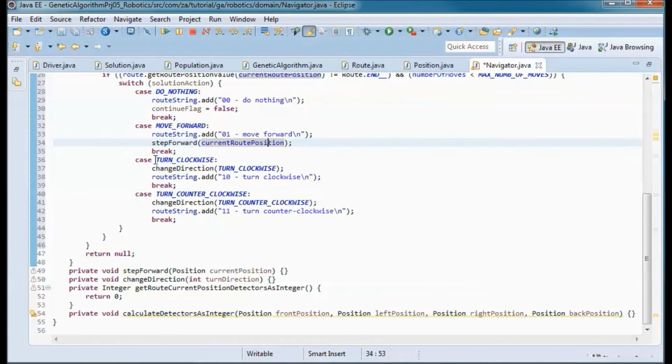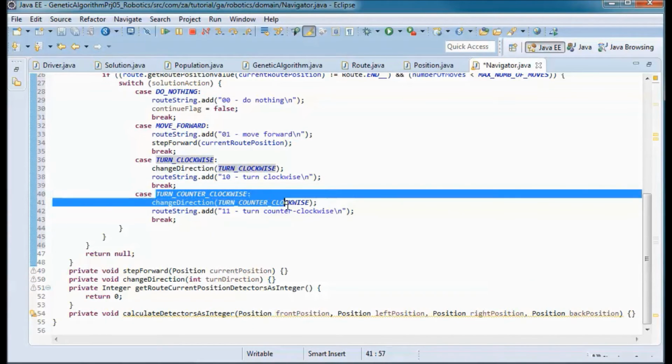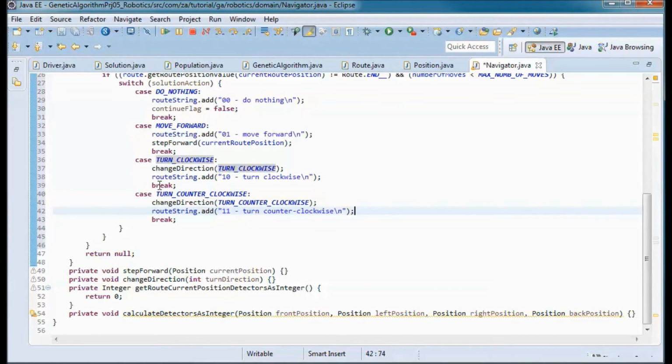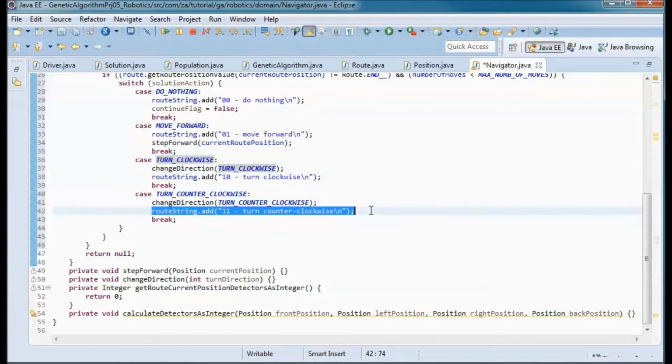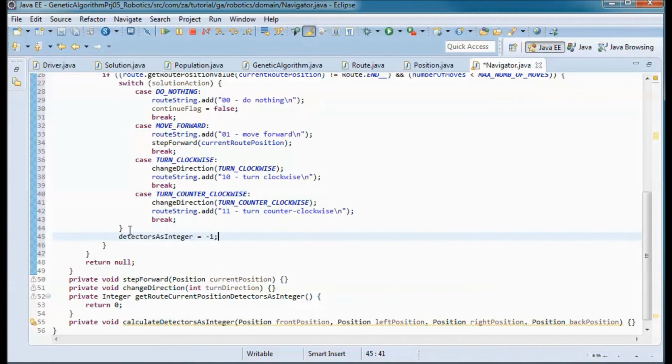And in case it's turn clockwise, I'll call change direction and pass it the turn direction. And same for turn counterclockwise. And I'm adding here to the route string what is to be displayed. And I'll reset the detectors as integer to -1.